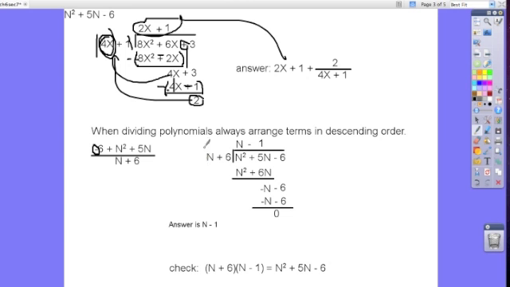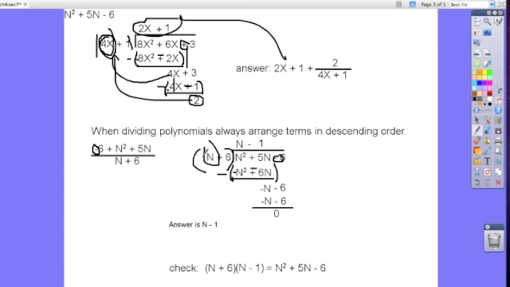So same idea. What times n gives you n squared? Just an n. N times the whole quantity, n plus 6 is n squared plus 6n. Subtract. Remember, you're subtracting a quantity. So this becomes a negative sign. This becomes a negative sign. And 5n plus a negative 6n is the opposite of n. Bring down. Remember, bring down this whole sign, or the sign in front of the number. So now we have negative n